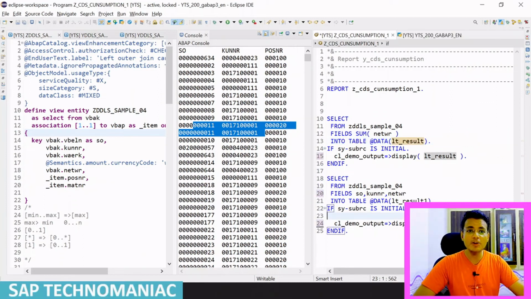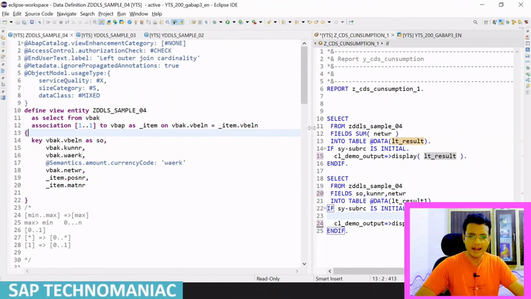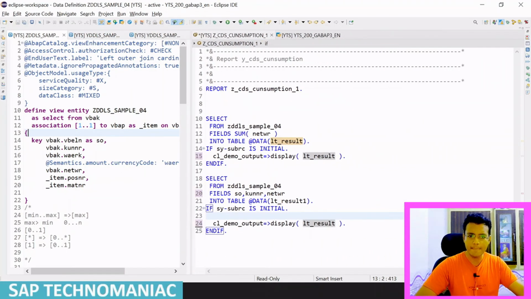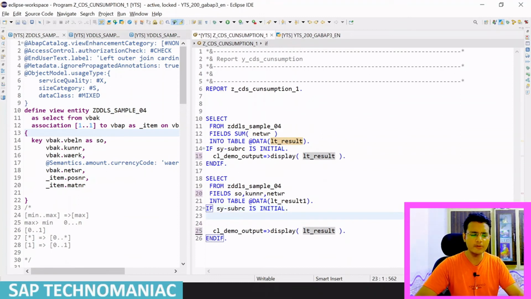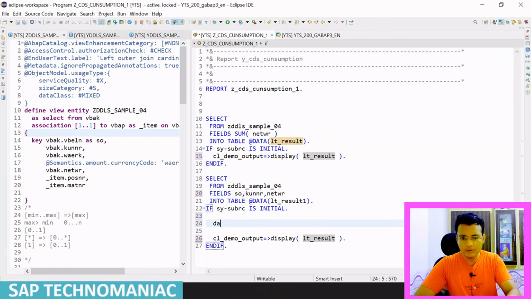For doing the summation of the data, I will use the reduce operator over here. I think it might not be visible to you due to my video. Let me close this console and decrease this one, and I will try to use the reduce operator here. The reduce operator always returns one value. It can return multiple values also, which I have already explained in that video. So I will get the LV result, I can say,